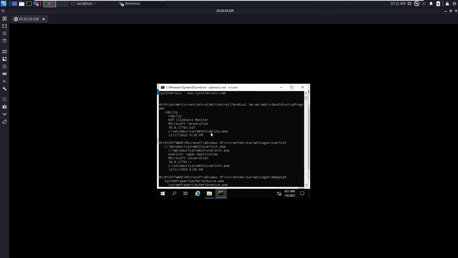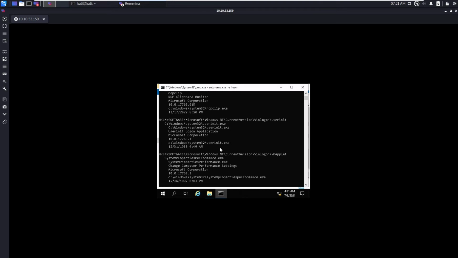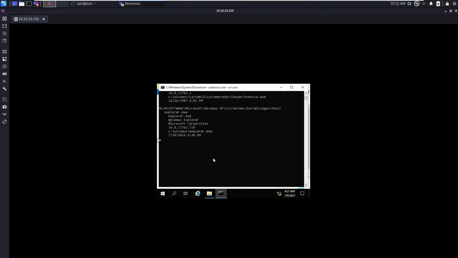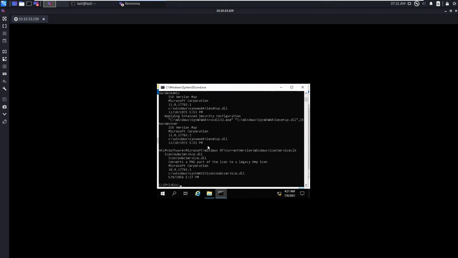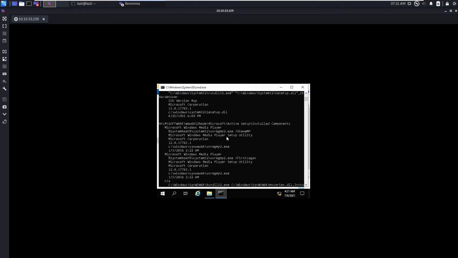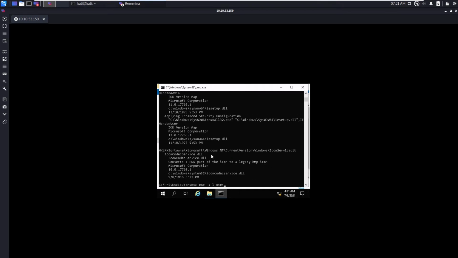Here are the binaries. You can see here RDP clip and userinit. These are common binaries that will start up on Windows. So we are going to identify some odd one out, like a user-defined one, something like steam.exe or discord.exe. You can scroll up and find it. This output is so much that I can output it to, let's say, temp.txt. Now hit enter.